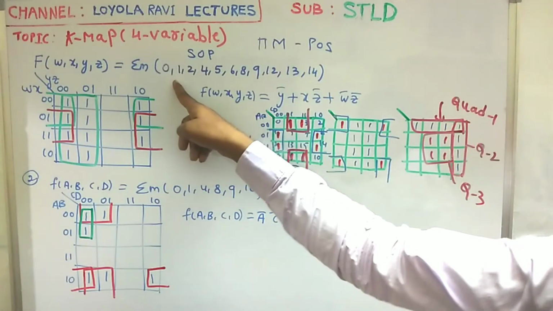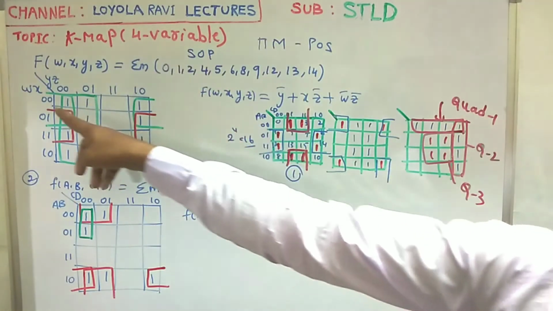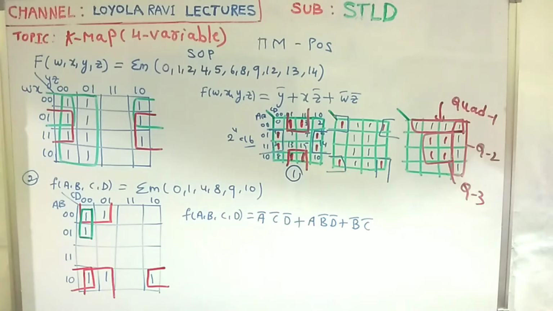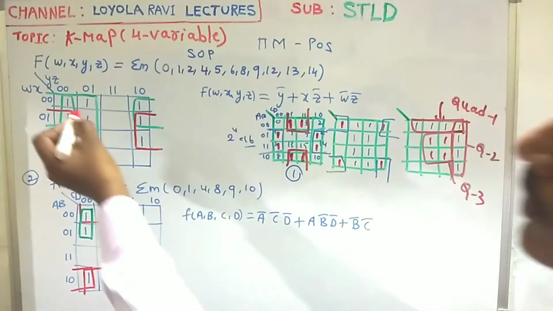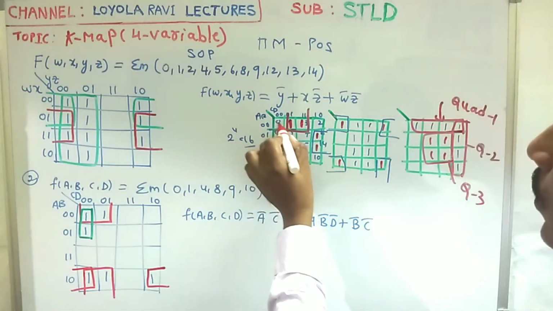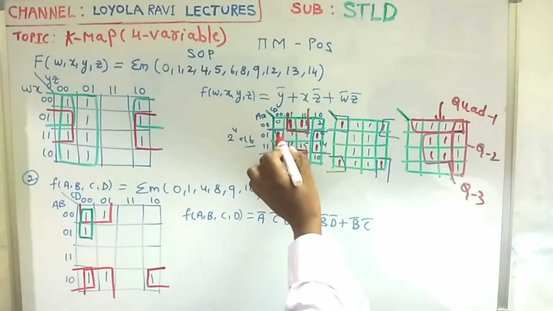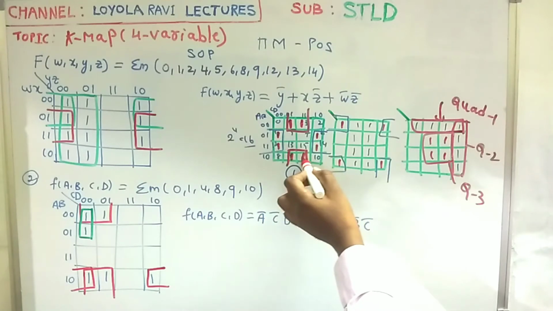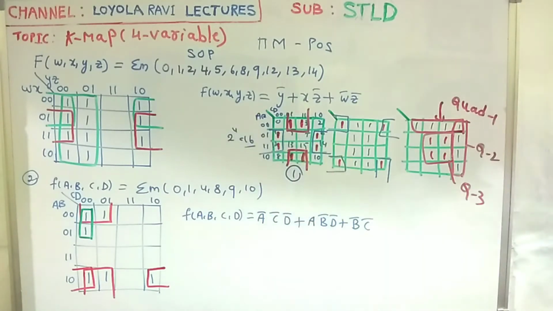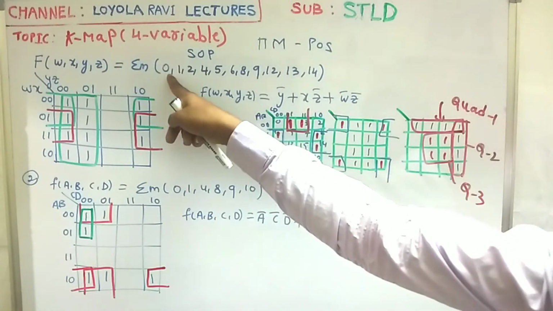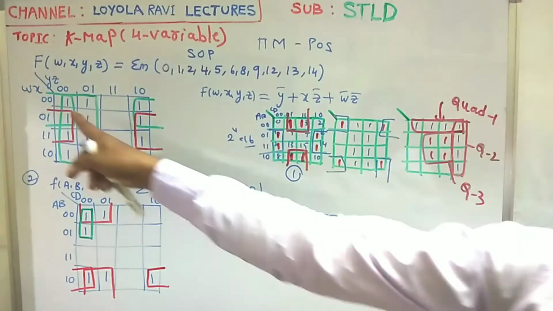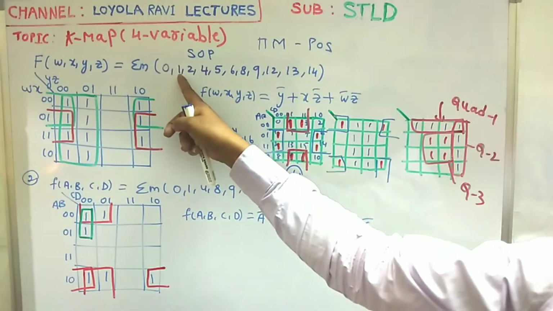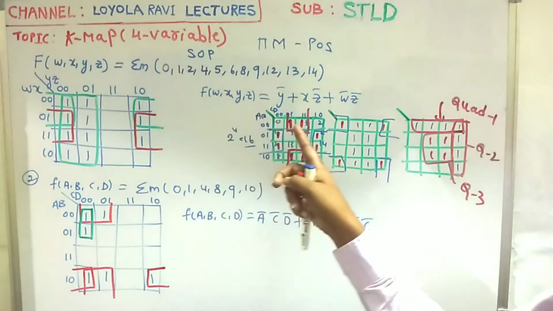0 is given. 0 is nothing but 0, 0, 0, 0. Otherwise, if you want, you may write the locations also, no problem. These are the locations like this: 0, 1, 2, 3, 4, 5, 6, 7, 8, 9, 10, 11, 12, 13, 14, 15. Like that also, if you want, you may use those positions, minterm positions. What is 0 location? First one. So first I am placing 1. Next, what is 1 location? Next one, 1.